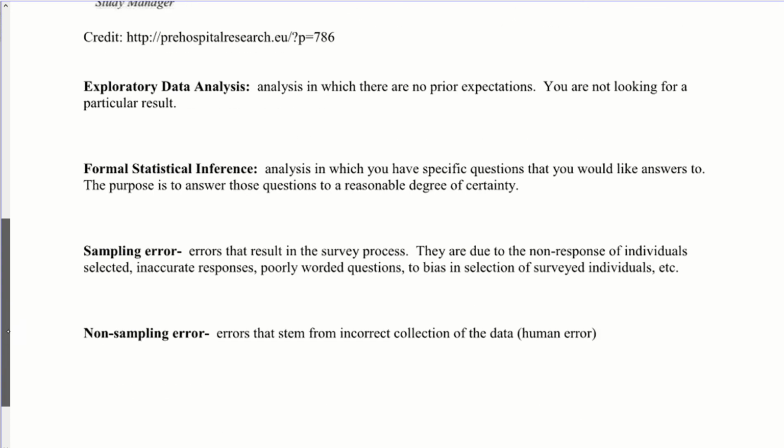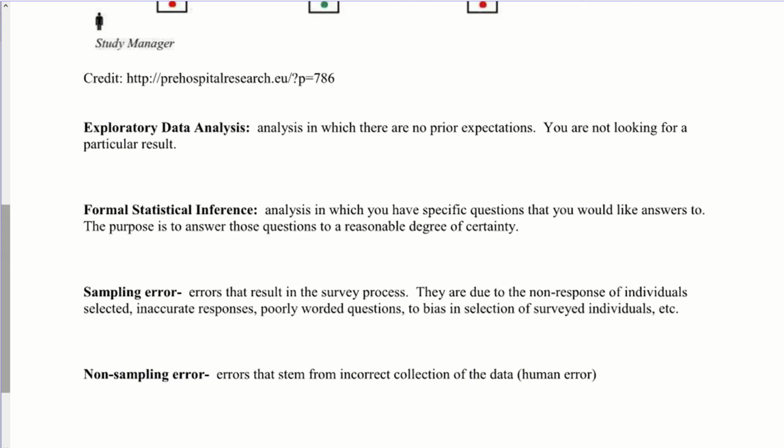The rest of the terms here, they're pretty straightforward. Fortunately, we're kind of in the territory of things that tell you what they are. Exploratory data analysis is exactly what it sounds like. You're analyzing data in an exploratory fashion. I don't know what's going to come of this. I just know that I'm interested in the subject, so I'm going to collect some data and see where it goes. Right? And if you do a paper or a project, you might go into it that way.